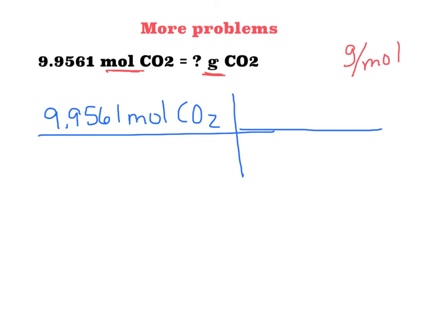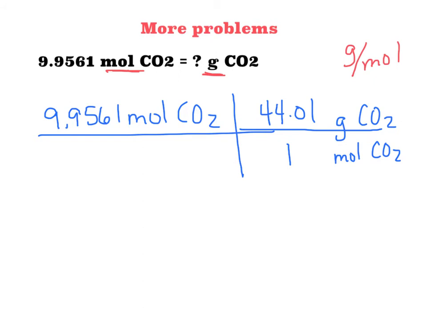There's my beginning number, 9.9561 moles of CO2. So I'm going to copy down the moles of CO2 down here. And I can change that to grams of CO2 because that's the molar mass from the periodic table. And so if we look at our conversion charts on our notes, go ahead, you wrote them down, look back there. That's right, you got 1 mole, and this one comes from the periodic table. You do 12.01, that's the carbon, plus 2 times 16.00, that is the oxygen, and you should end up with